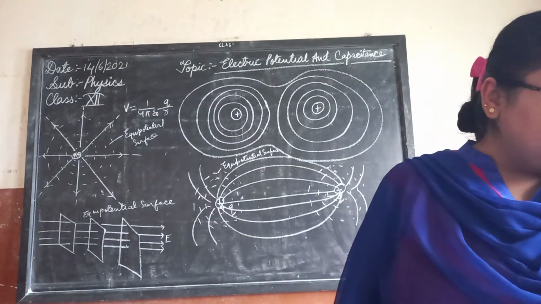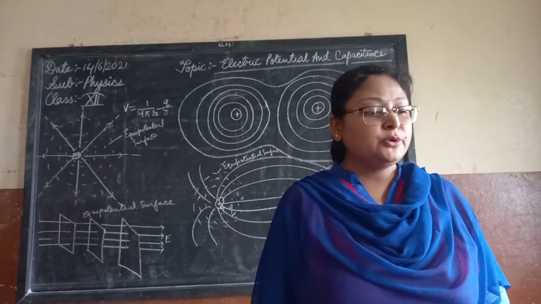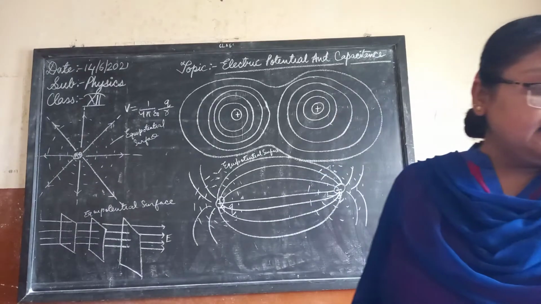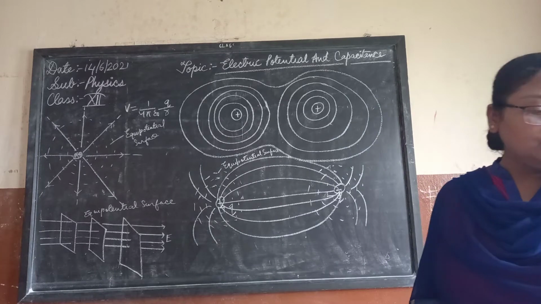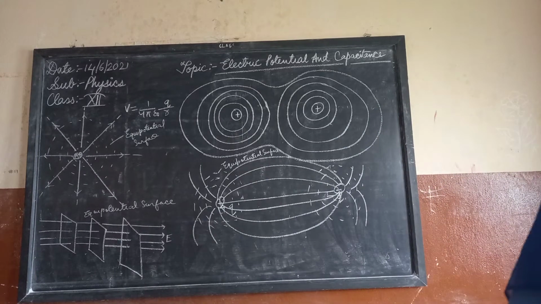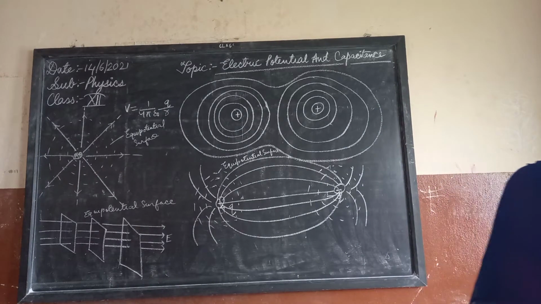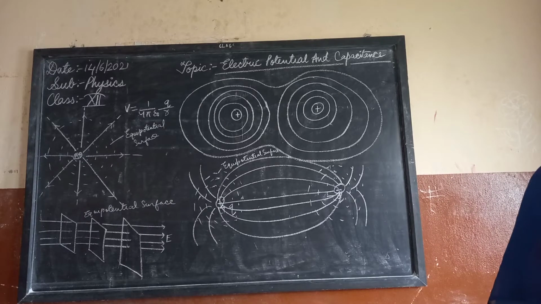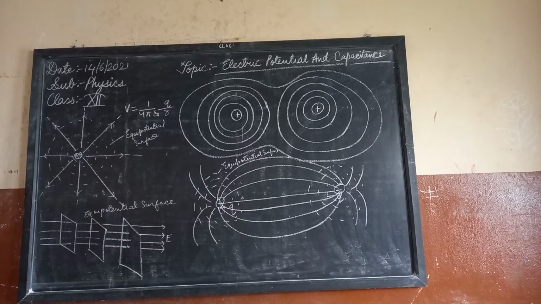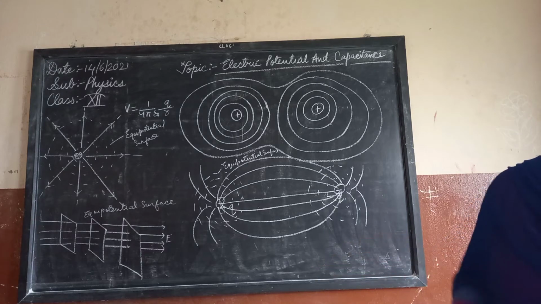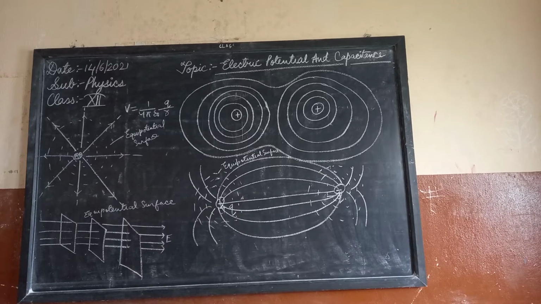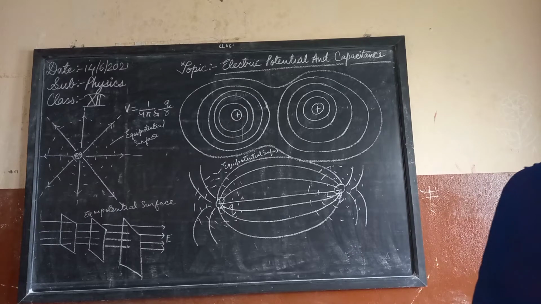So today we will continue with the equipotential surfaces. What is an equipotential surface and how it differs in different cases, comparing our different fields, that is electric dipole and so on. Any surface which has the same electrostatic potential at every point on it is called an equipotential surface. Equipotential means equal in potential. So the same electrostatic potential at every point it should be.